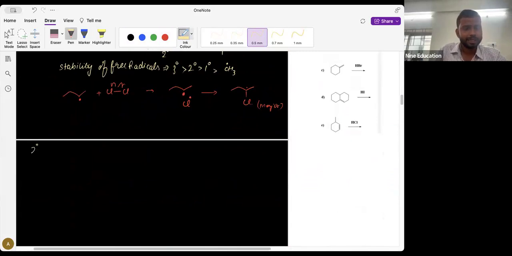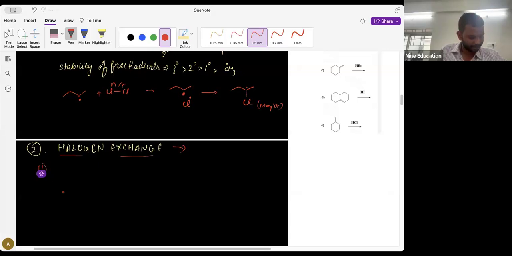Second example we will try to write. Let's say second preparation is from halogen exchange. Halogen exchange reaction. What is halogen exchange reaction? We all have studied this halogen exchange reaction in our previous classes. Let's say first one is halogen exchange. First one हम देखते हैं. Let's say we have CH3Cl and we are doing this reaction in the presence of silver fluoride,